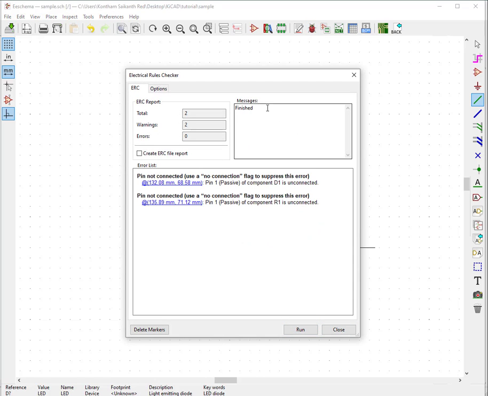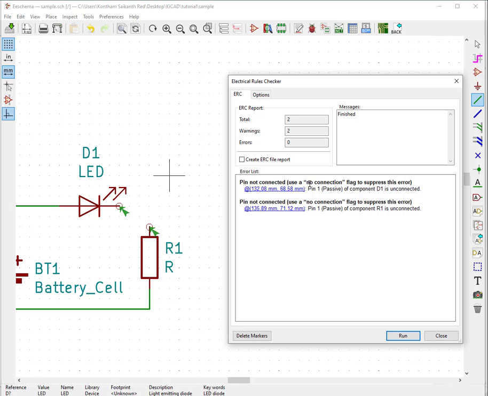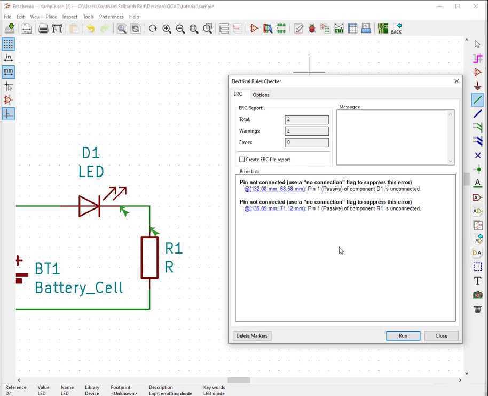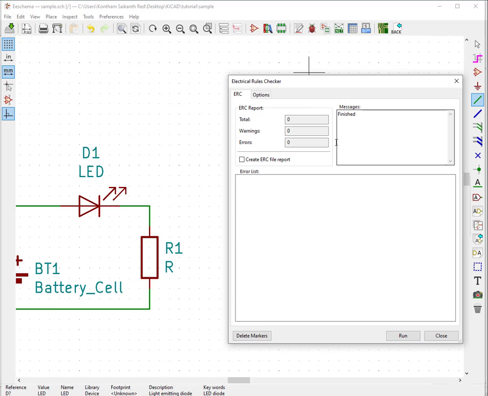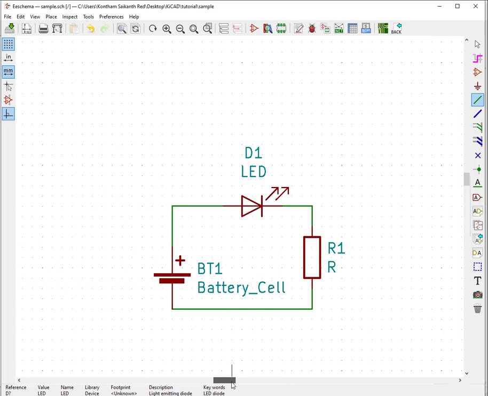It says finished, but you can see in the error list that some pins are not connected, no connection. Close this, connect a wire here again, run the electrical rules check, and you can see there are no errors. Close this, and this is your circuit.